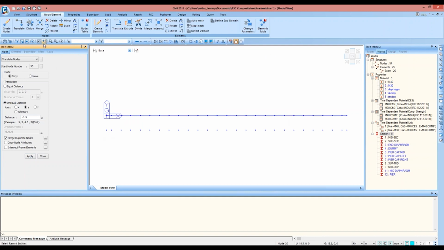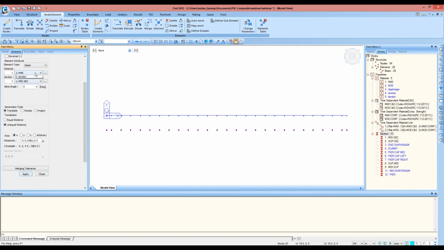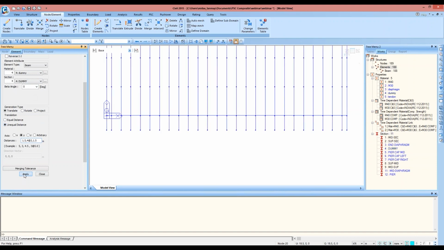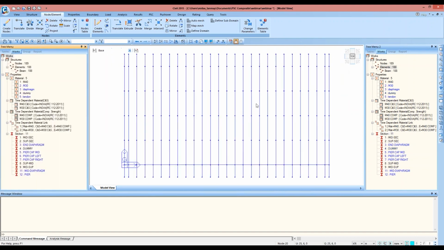So using this option, select recent entities, all the nodes are selected, and then extrude dummy members and y direction 1.5, 4 at the rate 3, 1.5, apply. So the dummy members are generated now.